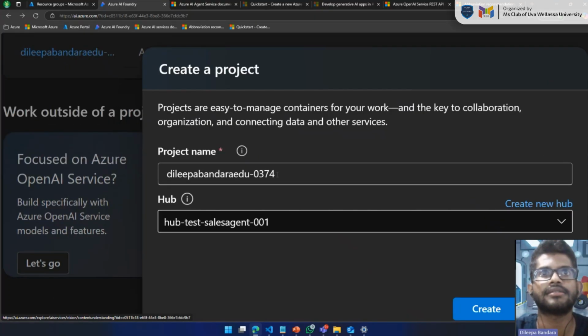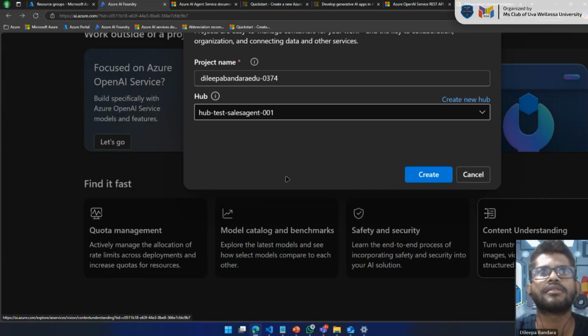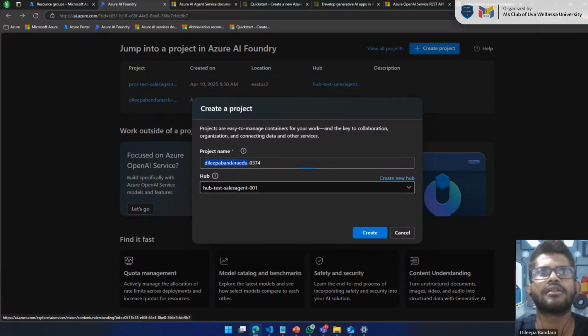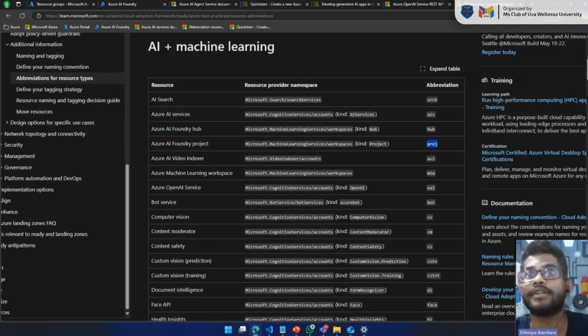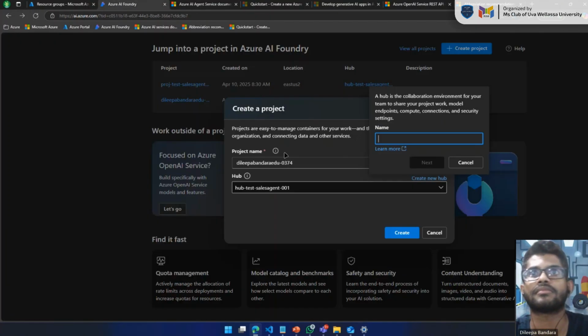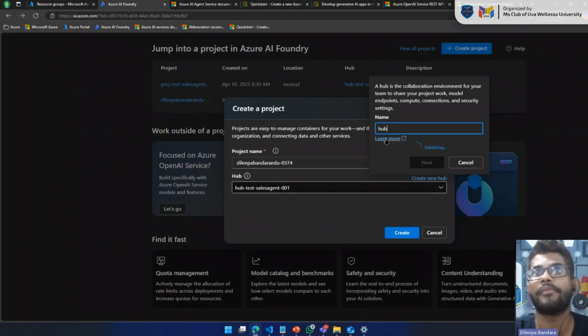Why can't I select this? Can't I give a name for this? I will start creating a new hub then. You can try out hub. Yep, this is the abbreviation. Let's give a hub, then start giving a name as